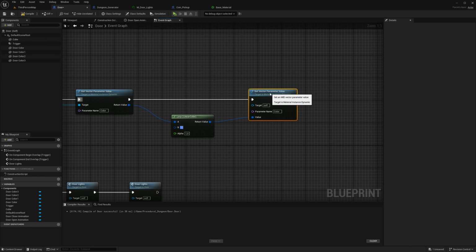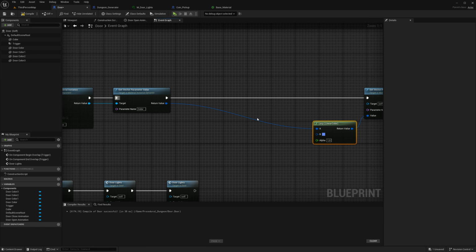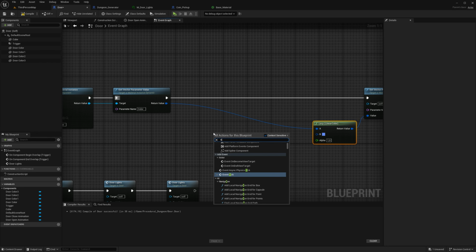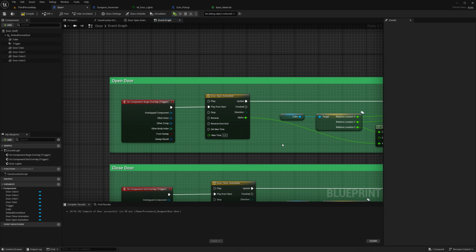So now all we need to do is to make the timeline, right? So right click out here, type in timeline. I mean, we could just copy the timeline we have. We already made the animation.